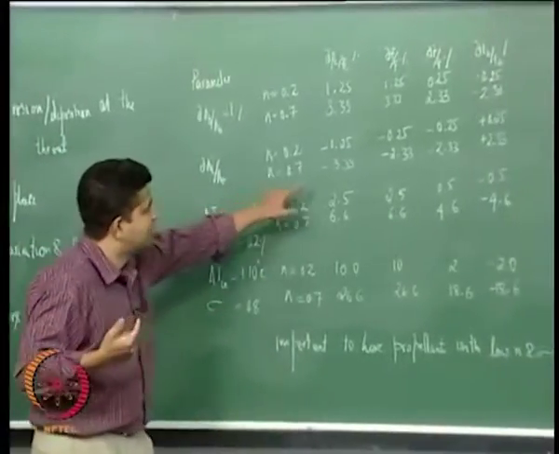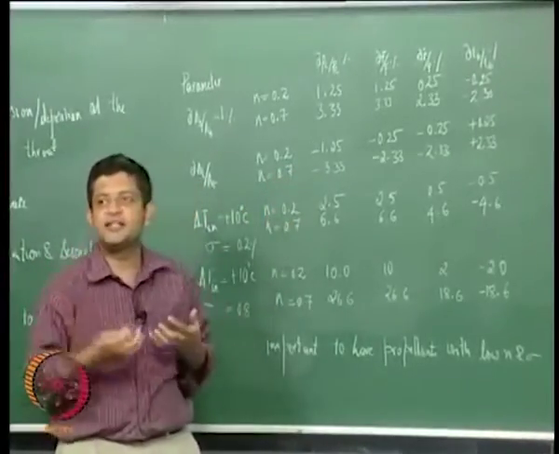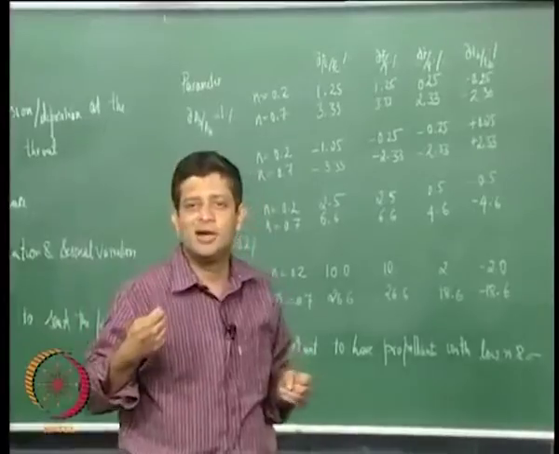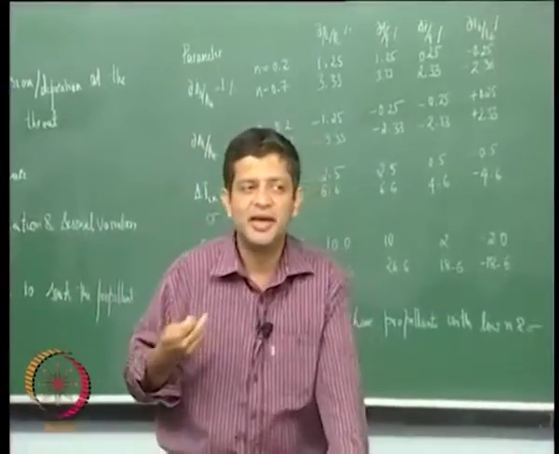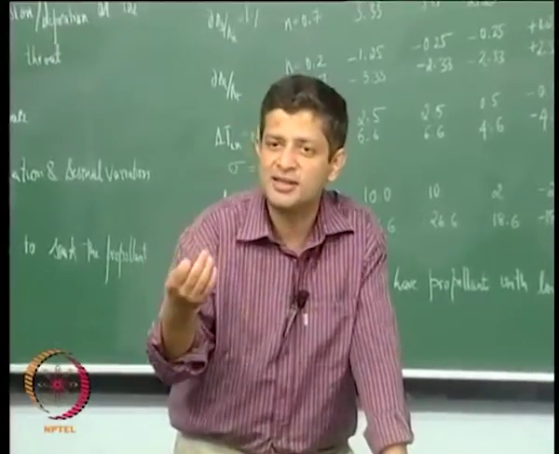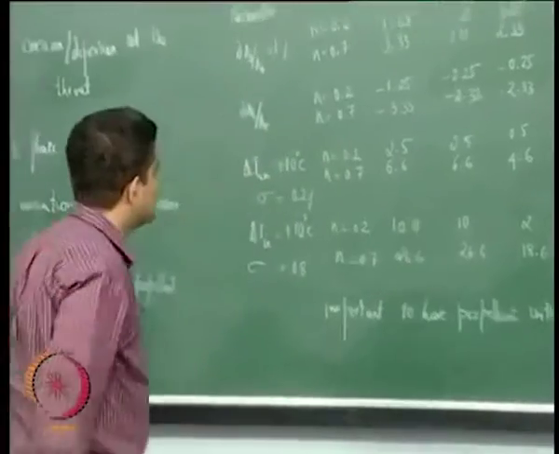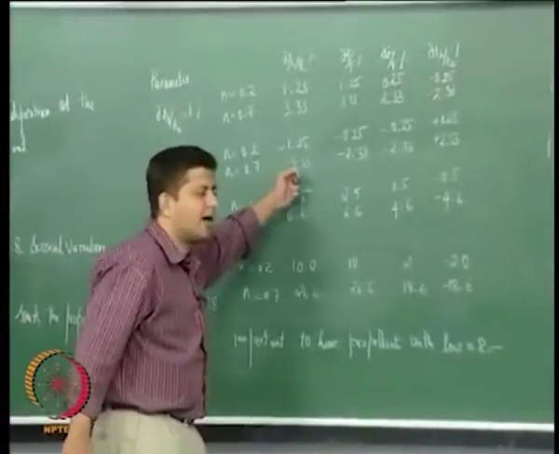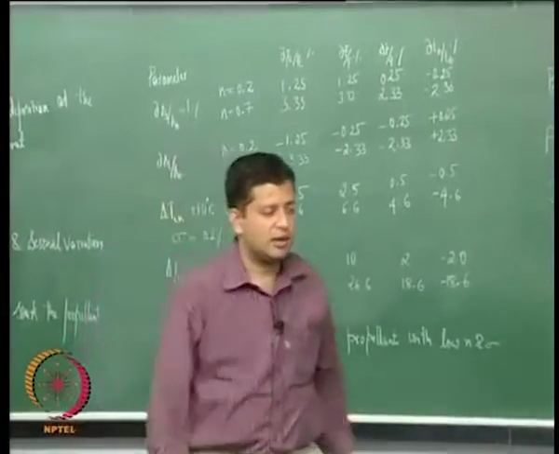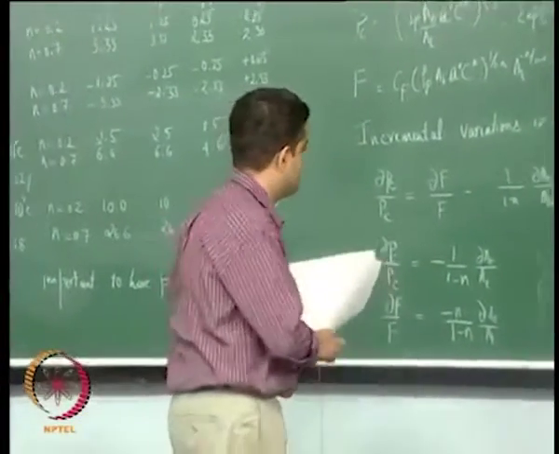You can look at this, and in some sense, if you can change the throat area depending on the condition, then you will be able to minimize the changes due to initial temperature, because this has a negative sign, and that is what is done in certain missile applications. You will have a plug